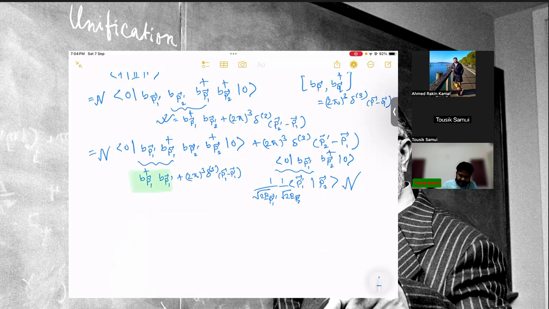So when it acts on this, it will give us 0. So this is not important. Then we will have this normalization and then 2 pi whole cubed delta cubed (p1 ...) prime 0